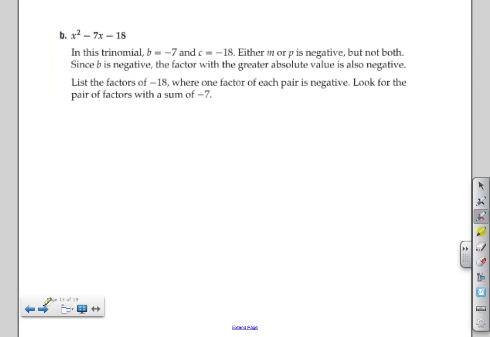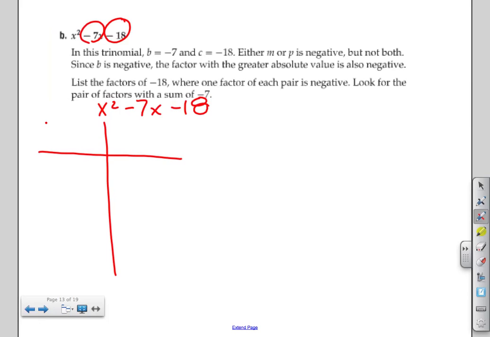x squared minus 7x minus 18. All right. Now you notice both of these are negative. All right. So we have to have a product of -18 and a sum of -7. All right, so here we go. 1 and